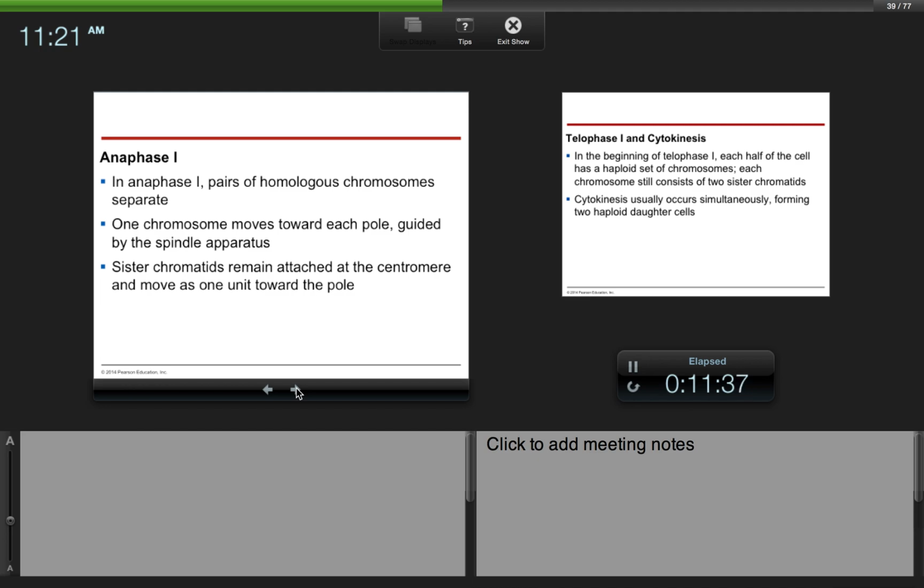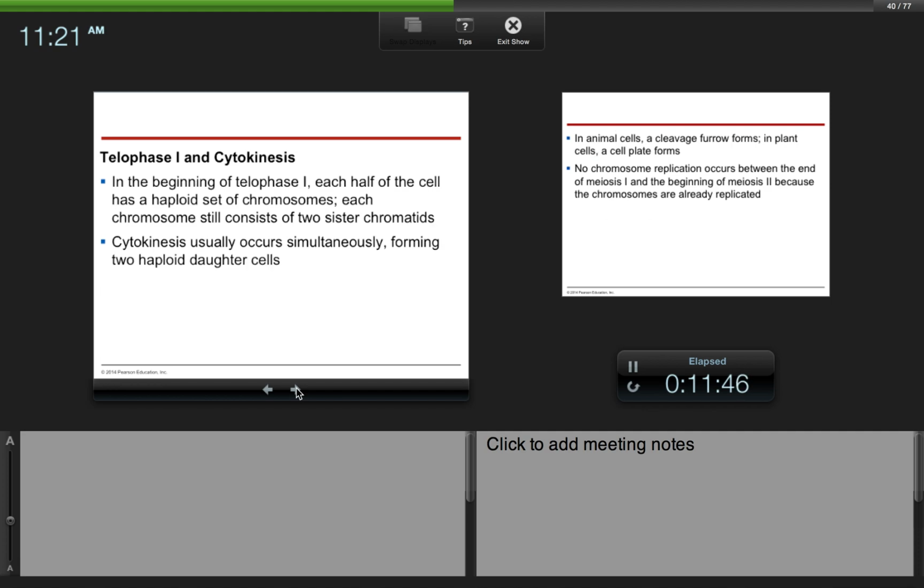One chromosome moves towards each pole, guided by the spindle apparatus. Sister chromatids remain attached at the centromere and move as one unit toward the pole. Telophase 1 and cytokinesis. In the beginning of telophase 1, each half of the cell has a haploid set of chromosomes. Each chromosome still consists of 2 sister chromatids. Cytokinesis usually occurs simultaneously, forming 2 haploid daughter cells. Now remember,